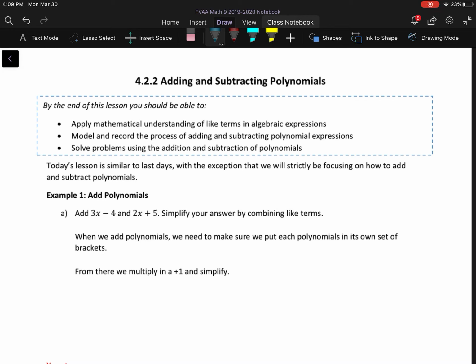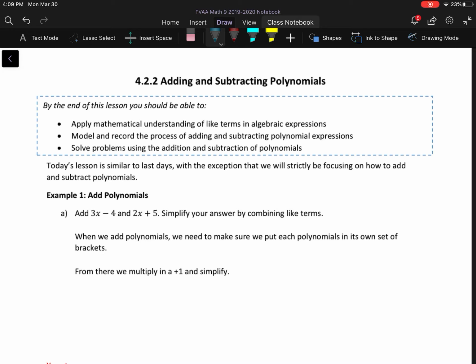Today we're looking at notes for 4.2, adding and subtracting polynomials. By the end of this lesson, you should be able to apply mathematical understanding of like terms in algebraic expressions, model and record the process of adding and subtracting polynomial expressions, and solve problems using the addition and subtraction